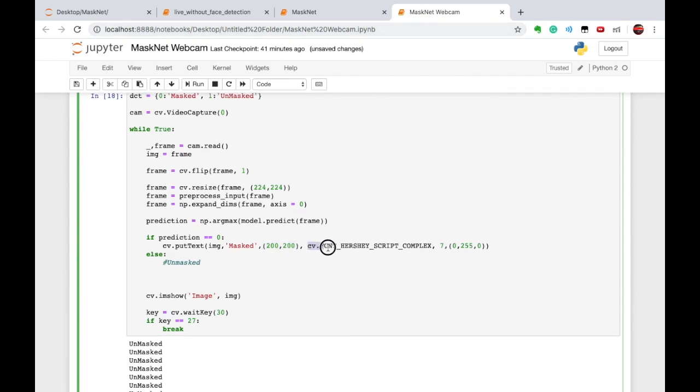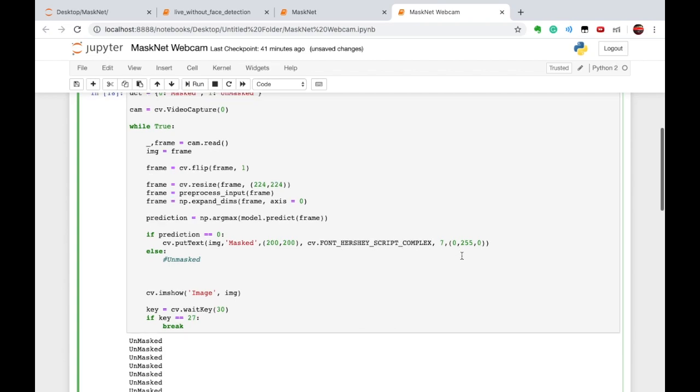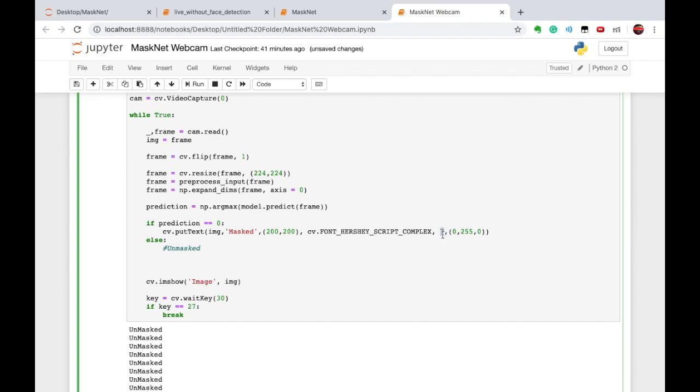Now here I will write the font. You can change the font to whatever you like. Okay, so I'm using Hershey Script Complex. This is the thickness, or we can say the size of the font. The more the size, the larger the font will be.